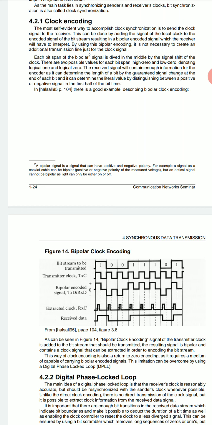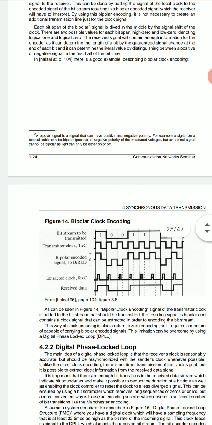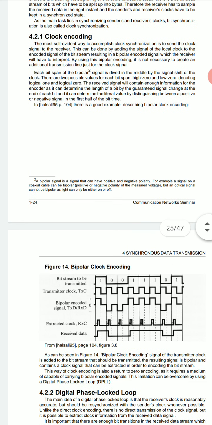But for the polar format, the signal is passed through a square law device. You can observe here, we are giving the signal that is a square waveform. So for the polar format, the signal is passed through a square law device, and the resulting signal will be a unipolar waveform. So we can see here the clock encoding. When we take the output of the square law device, we give it to the band pass filter, and we get an output that is synchronized with respect to the transmitter.